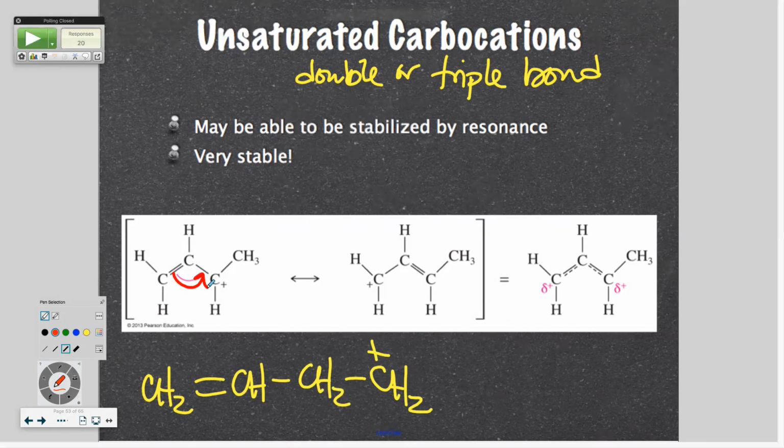You see how we got from here to there? Those electrons go over there to make that double bond, and the other carbon now becomes positive. So the double bond is stabilizing through resonance. Stabilizing through resonance is the best stabilization that there is, whether it's free radical or carbocations or whatever. It's always the best stabilization. It's better than hyperconjugation and induction. So if you can do all 3 of those, it's super stable.